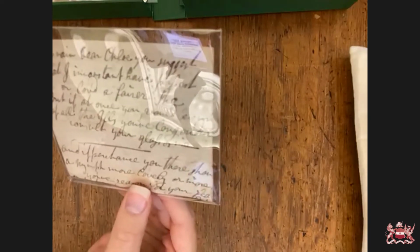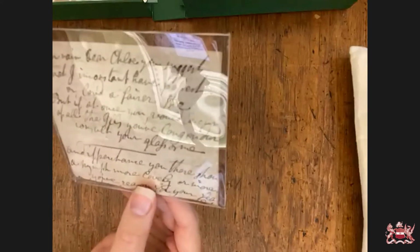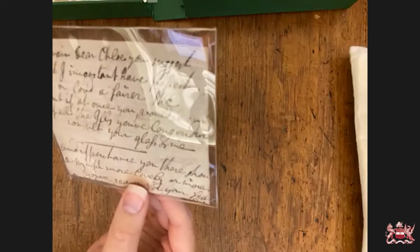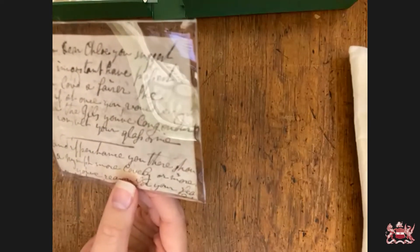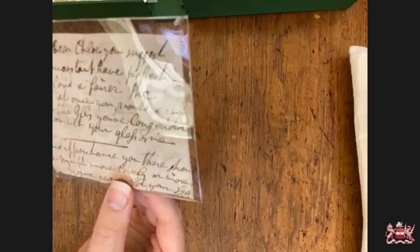Interestingly, it is addressed to a Chloe rather than, if you remember me mentioning, his future wife, Elizabeth Mead, who we believe he married in the late 1730s or early 1740s. So this could possibly be a love note to an early lost love, or maybe an extramarital affair,